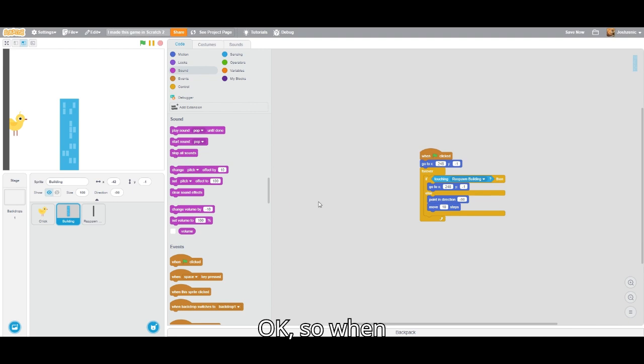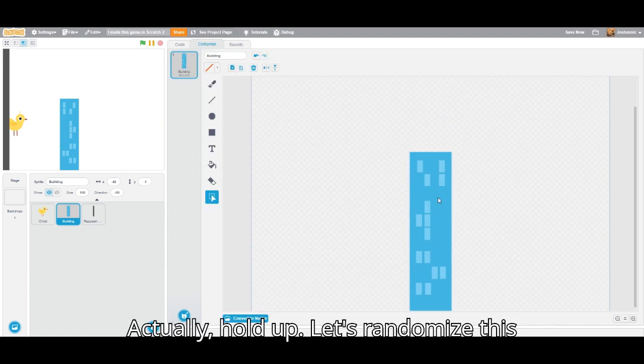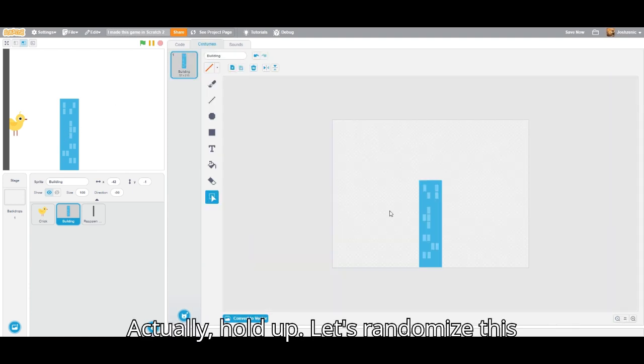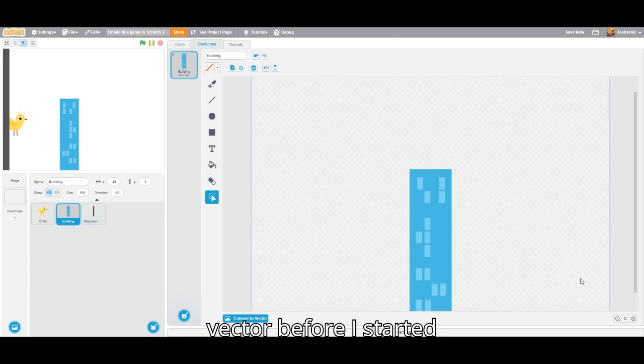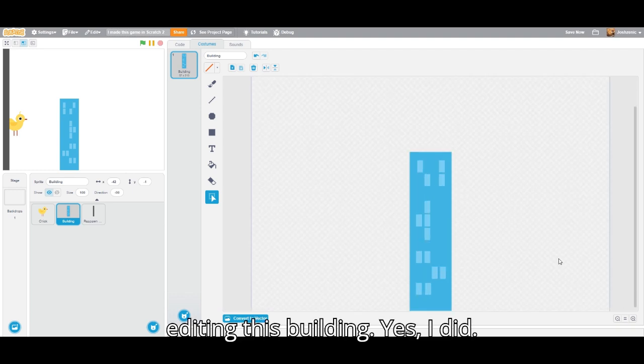Okay, so when it touches respawn building, it will respawn the building all the way back here. We have to... actually hold up. Let's randomize this thing a little bit. And yes, this is vector. I converted it to vector before I started editing this building. Yes, I did. Anyway,